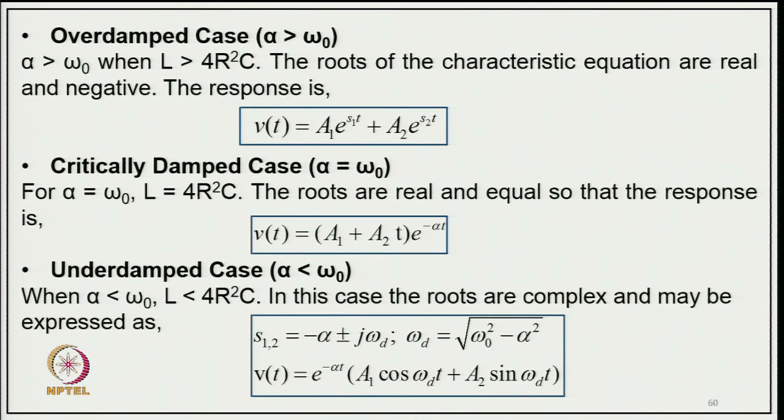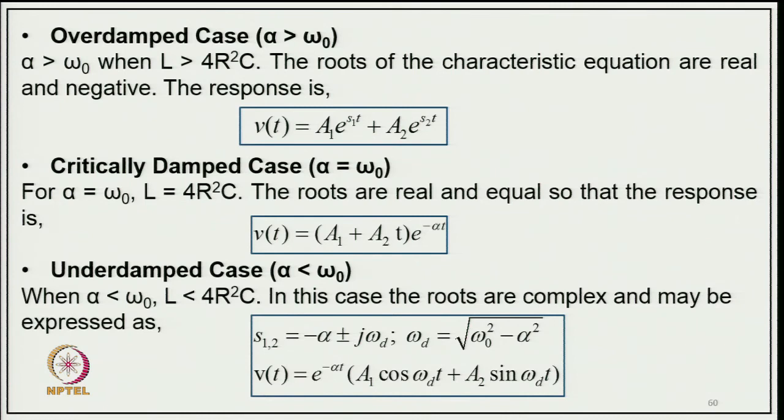So, the roots are real and equal, so the response is v(t) equal to (A1 plus A2 t) into e to the power minus alpha t. And the third case is the underdamped case, where alpha is less than omega 0. So, when alpha is less than omega 0, L is less than 4R squared C, and in this